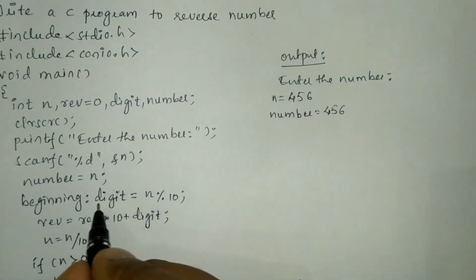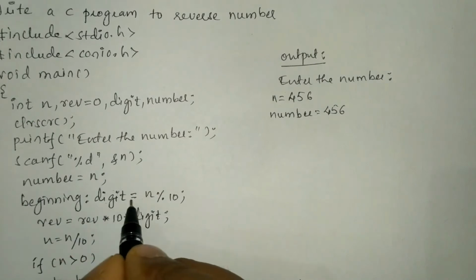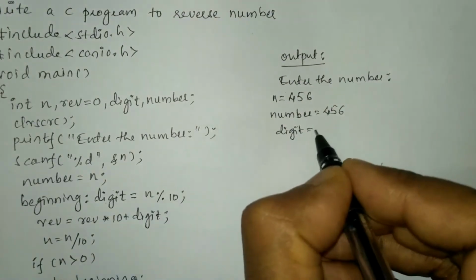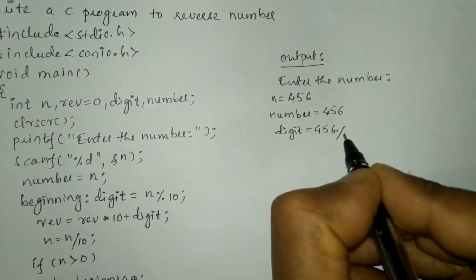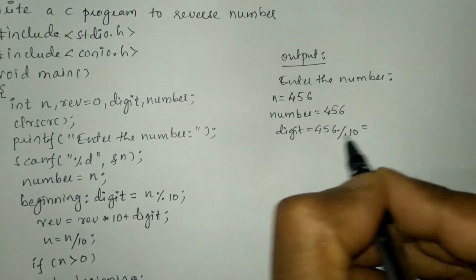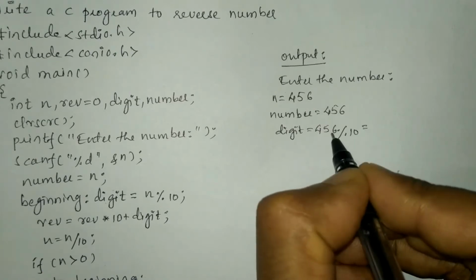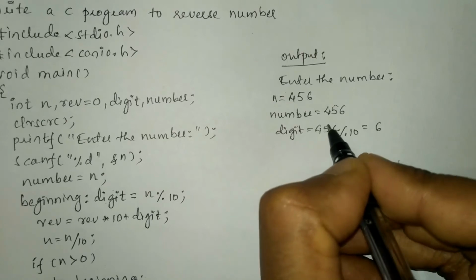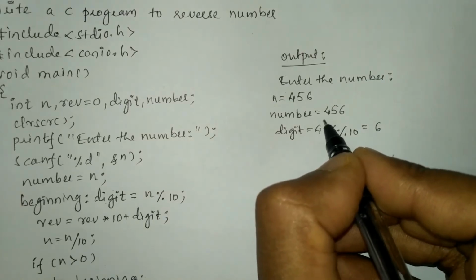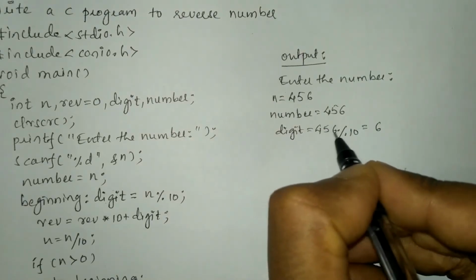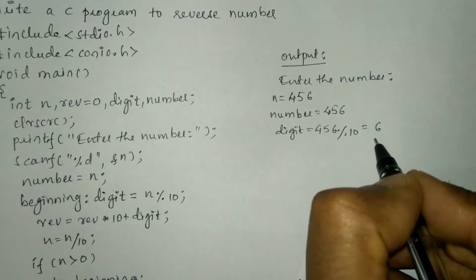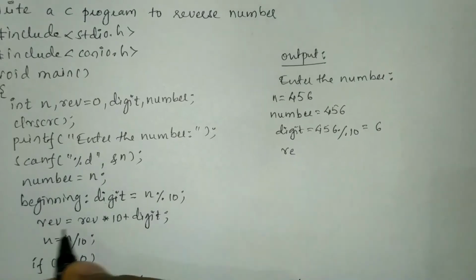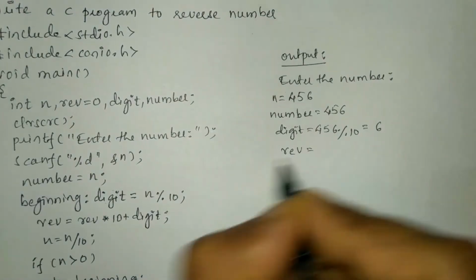Next, the beginning label and colon, digit is equal to n, which is 456, modular division by 10. So after dividing 456 by 10, this gives us remainder 6. So 10 sixes are 60, 400 and 450 is 450, so 6 will become the remainder. So this 6 will be stored in digit. Next we are going to execute rev is equal to rev